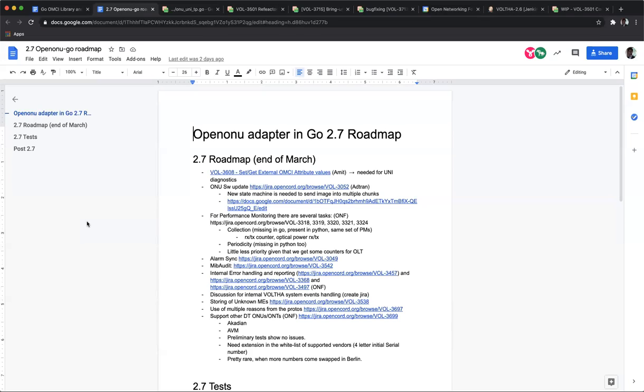There are some things that we need to do also for performance monitoring. We do want them to just act as a collection, meaning that we have the capability to poll the ONU to get these parameters, and that is something that we were missing from the Python version.